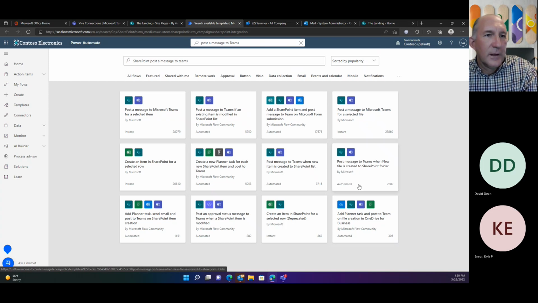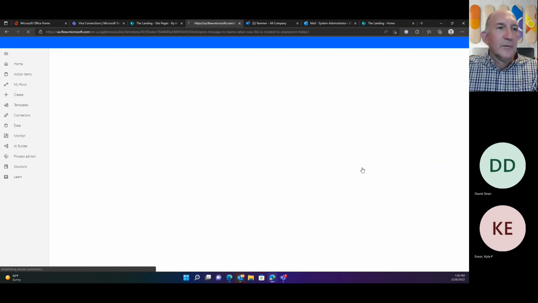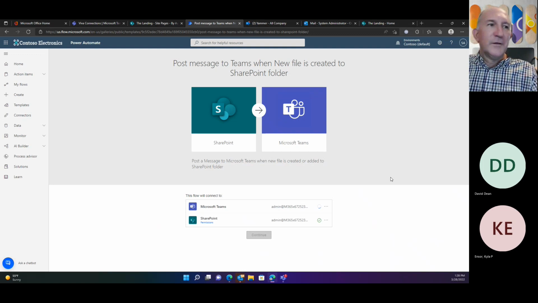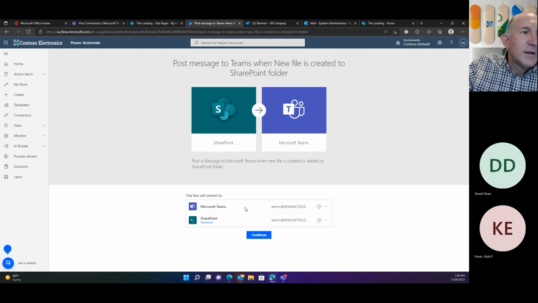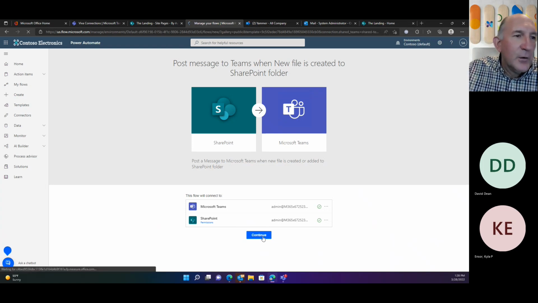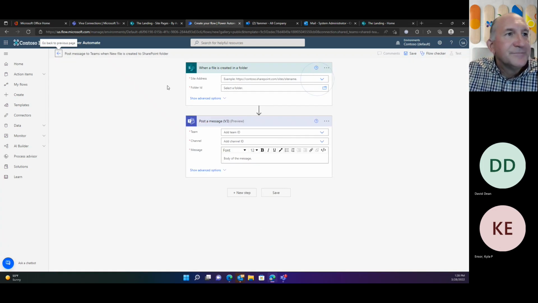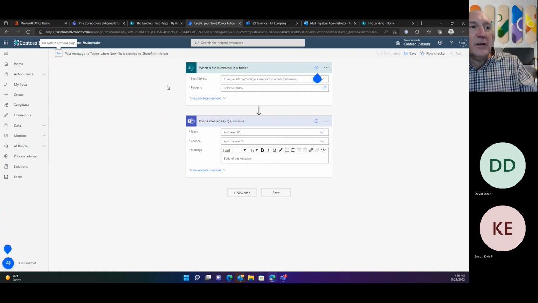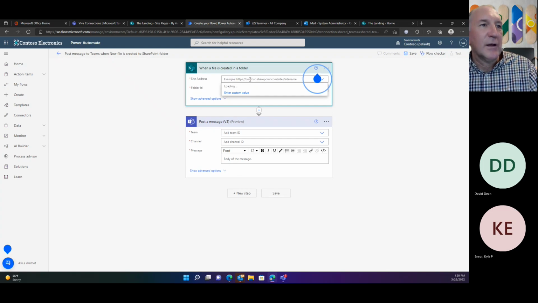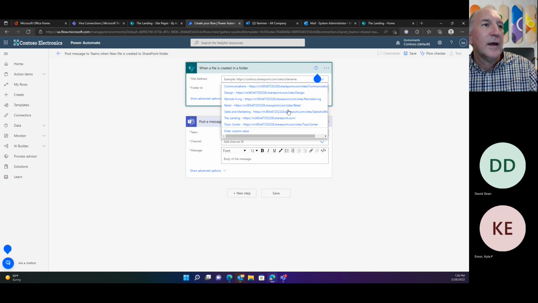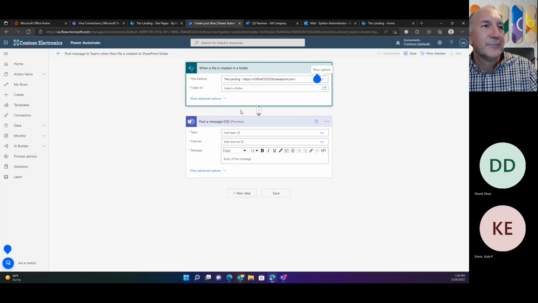And just looking at when new file is created, we'll pick this one. It's been a while since I've been in here, but here you can see it's going to validate with this flow what it's looking at. Do we have permissions? And it takes a look. Okay, they're all validated. Nothing to do. I'm going to click continue, and then it's going to give us some options here, right? So site address, I can go ahead. It's going to look, and I could say the landing. Select a particular folder,